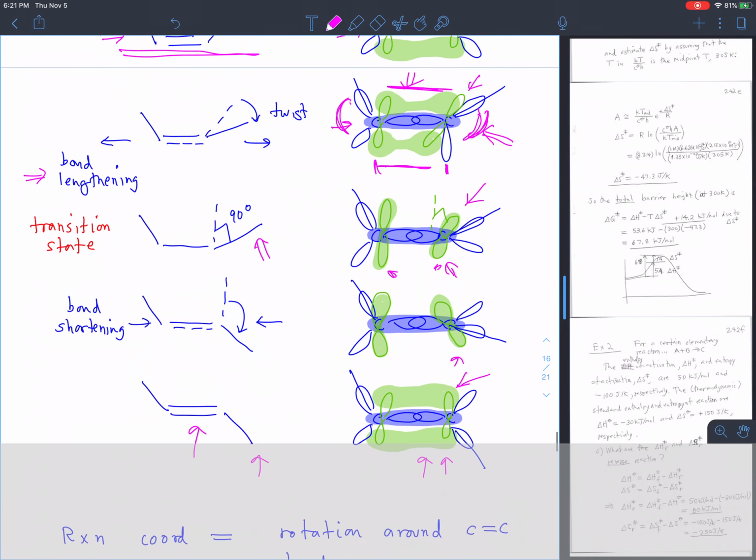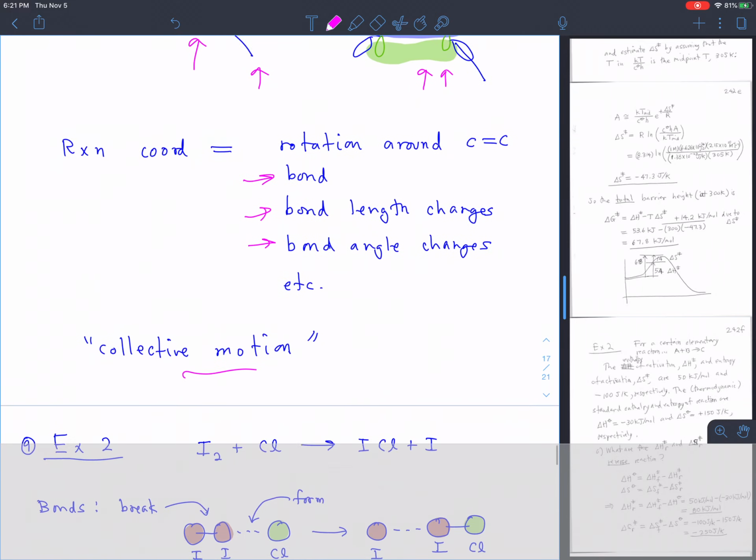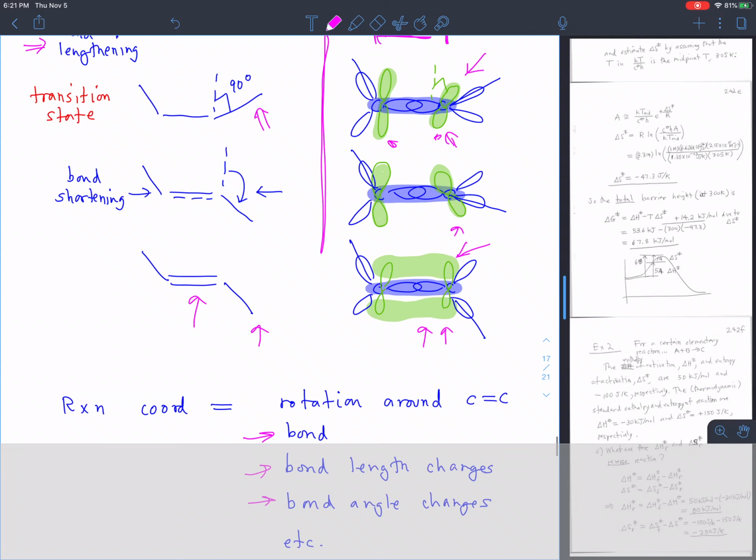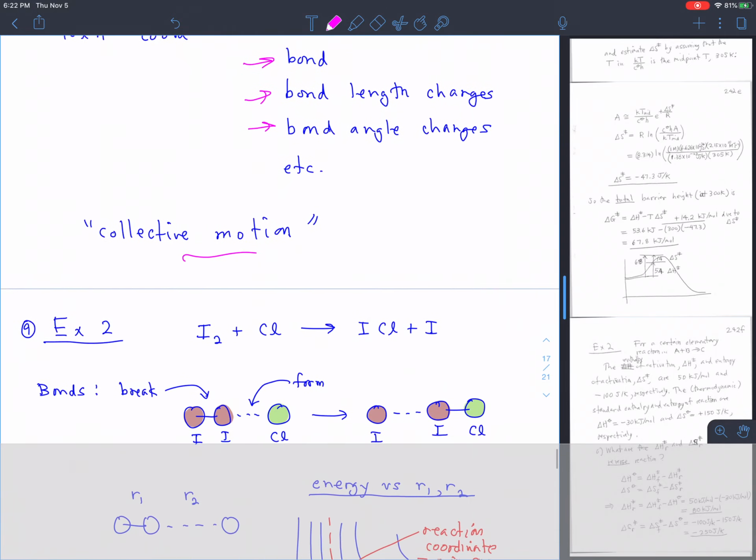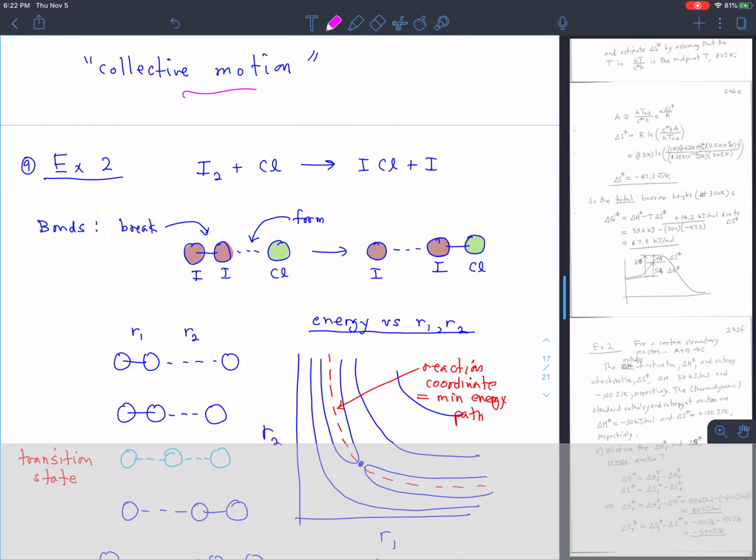And notice, even to talk about it, I had to use some quantum bonding pictures here, which tells you that it's very elementary. Anytime you're talking about the quantum mechanics itself, then it's really an elementary step. Let's talk about another type of